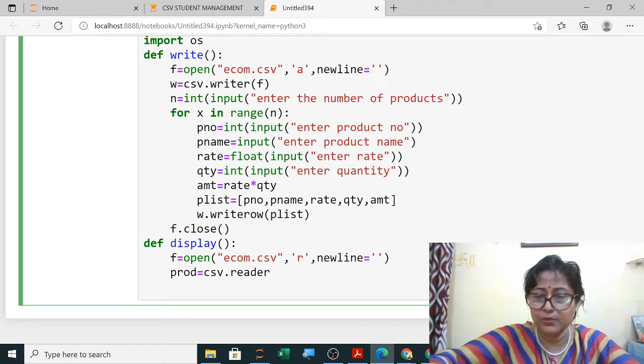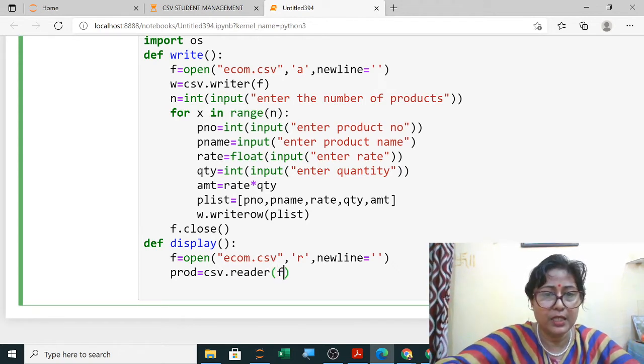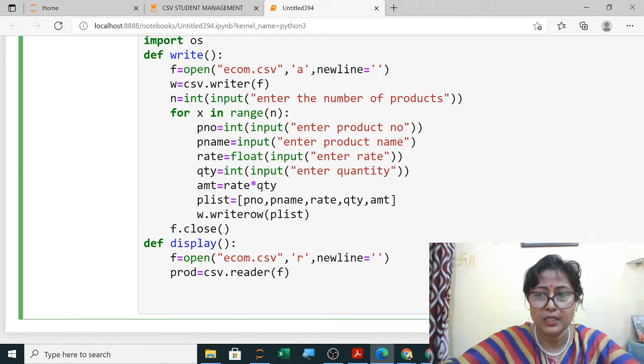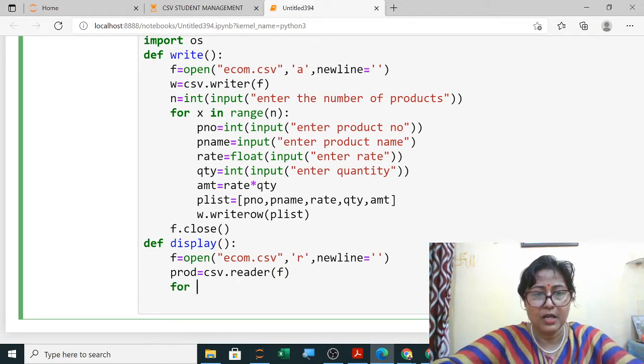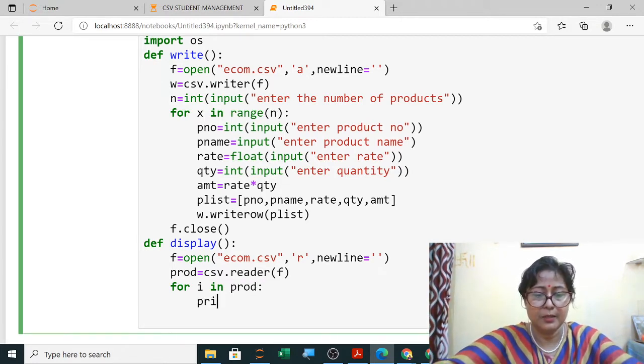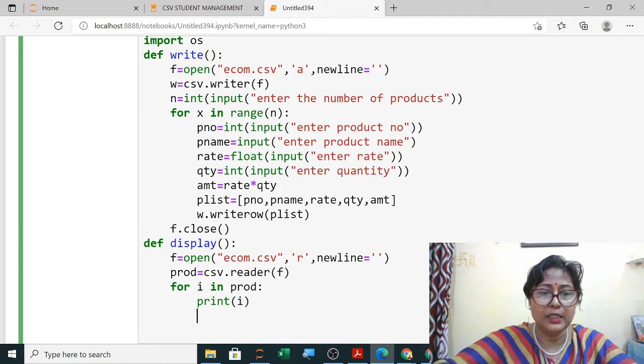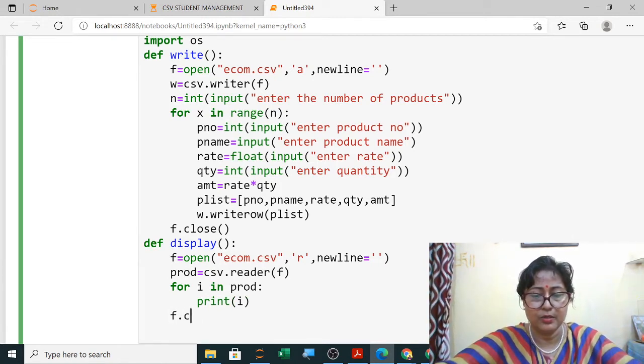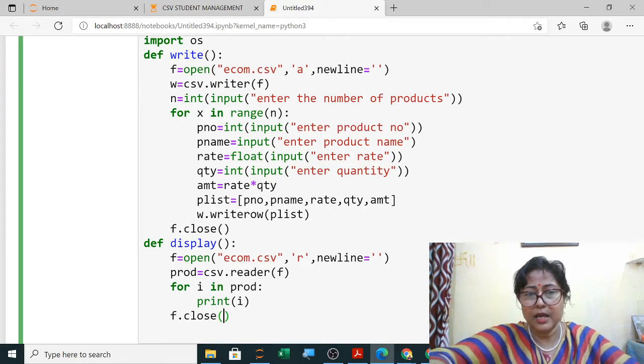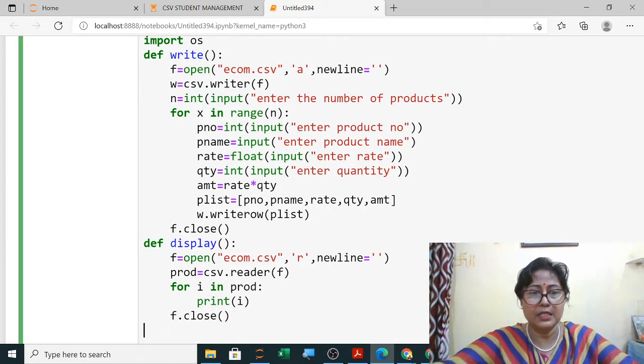You have to read from the file, and then for i in product, one by one you will take and print it. So this is print i, and close it. Over. Only this much I have written here, f dot close. Now I will execute and show you how it is getting executed.